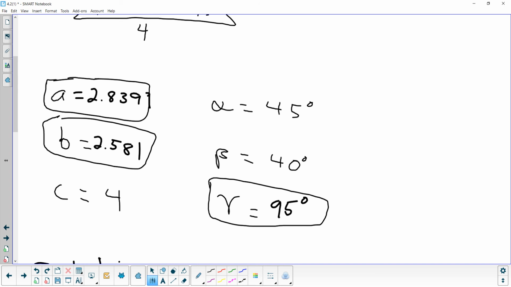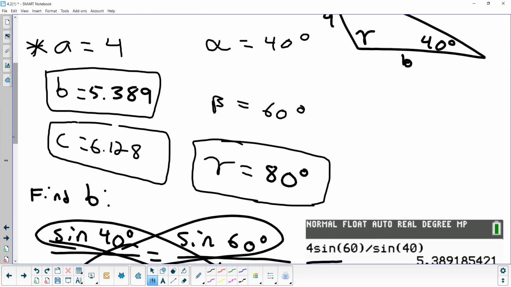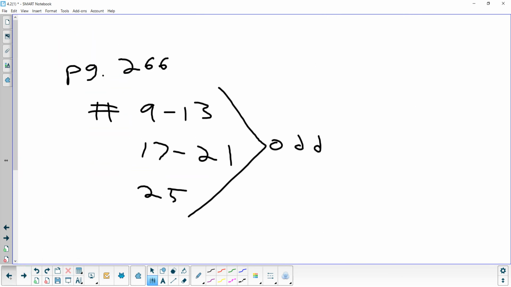Any question on that side? So both of these types are pretty similar. You're solving for a side 2 times in a row. The only difference with this type is if you make a mistake finding this angle, it messes up the whole problem. If you make a mistake in the last problem, you could still get partial credit. Okay. So let's look at the last type,